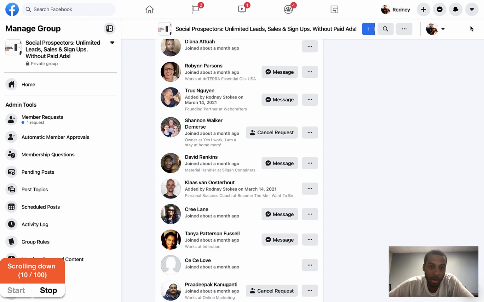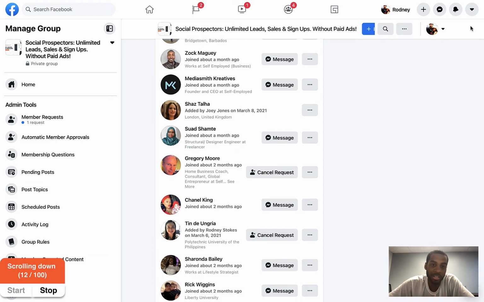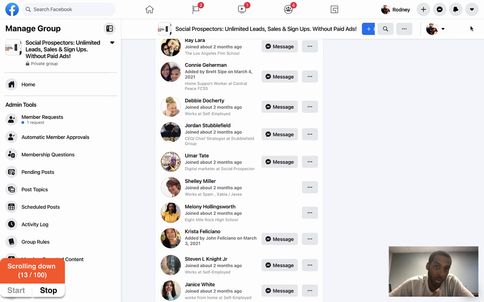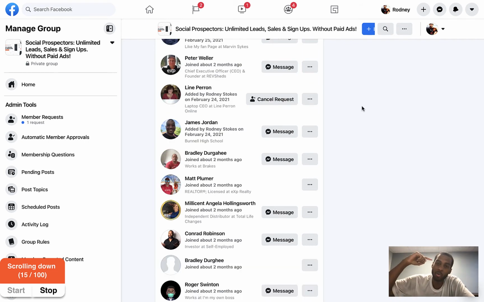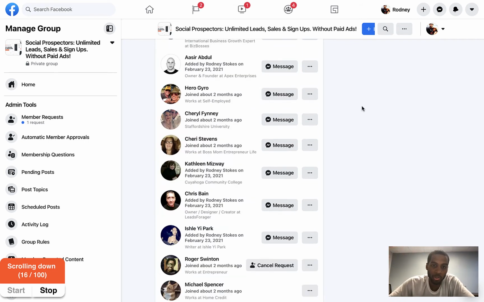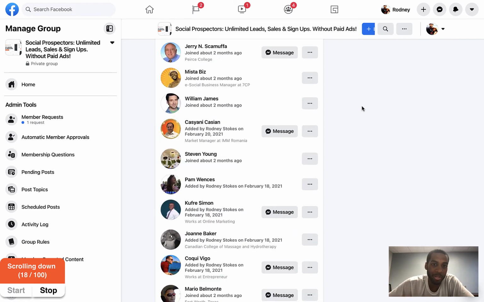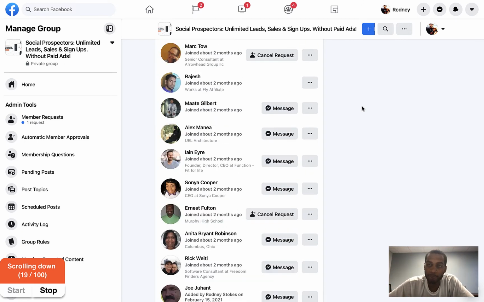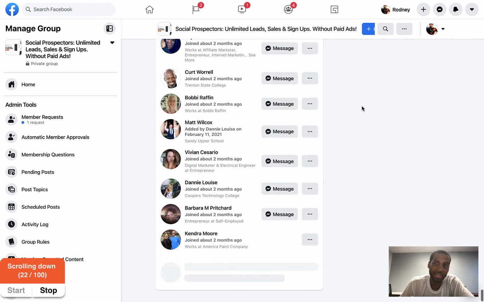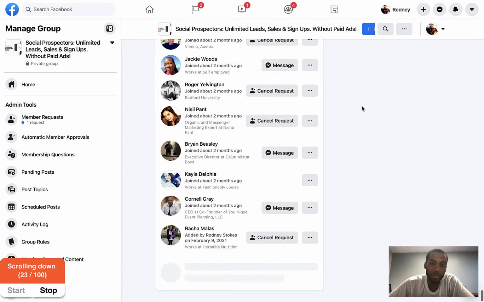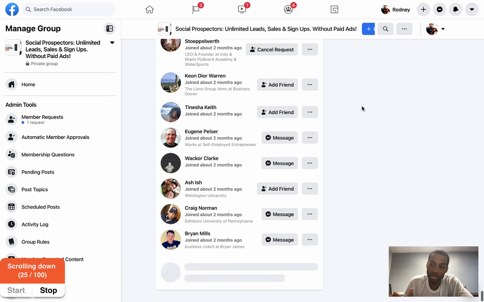And the great thing about this feature, by the way, Social Prospector Pro has about 16, 17 different features, right? This is just one of many. The great thing about this feature is it starts from the most recent person to join and it goes down to the oldest person. So you're always getting people who just got in, who are pumped up, who are excited, who bought in, and it's still on their mind, right? So if a person just joined last week, that person is still locked in and ready to do webinars,